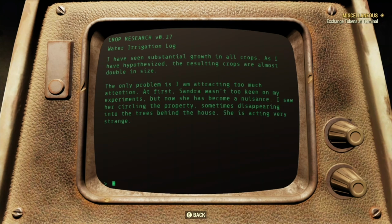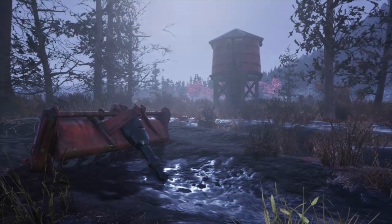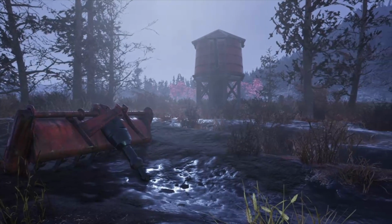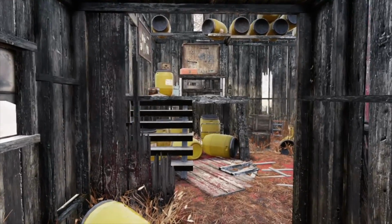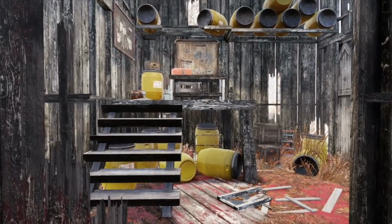From a note inside Larry's destroyed home, we find out how Sandra begins spying on Larry's work and property, but Larry notices and there's nothing he can do to stop it, as Sandra will quickly escape by ducking back into the nearby woods. On a wooden table inside the destroyed barn at Sandra's homestead is a note she has left reading,